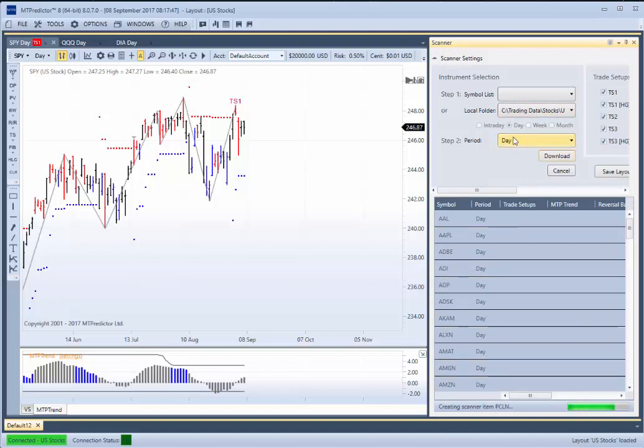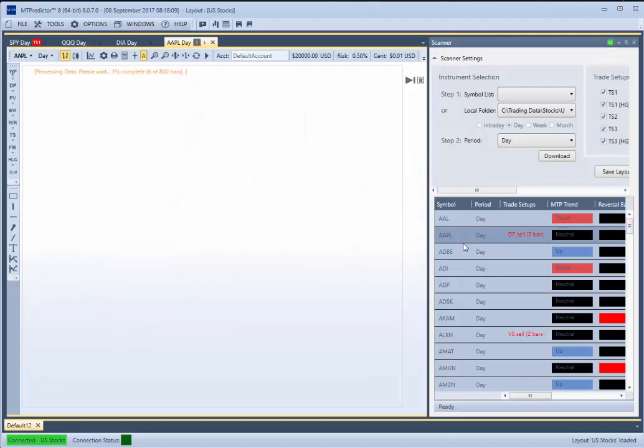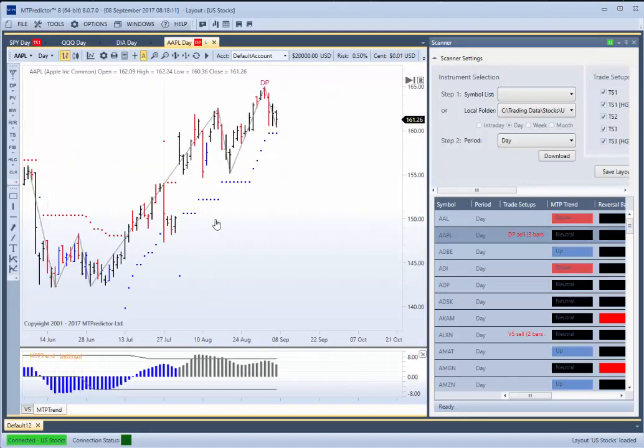If you want to, you can select weekly there, and basically MTPredictor can create weekly charts from the daily data on the fly. But here you can see it's doing now. It's loading the Nasdaq 100 in and basically scanning for potential setups. And here they are here. We can see we had one on Apple a few days ago. So if I highlight this, right mouse click, do a new chart, you can see there's the sell on Apple